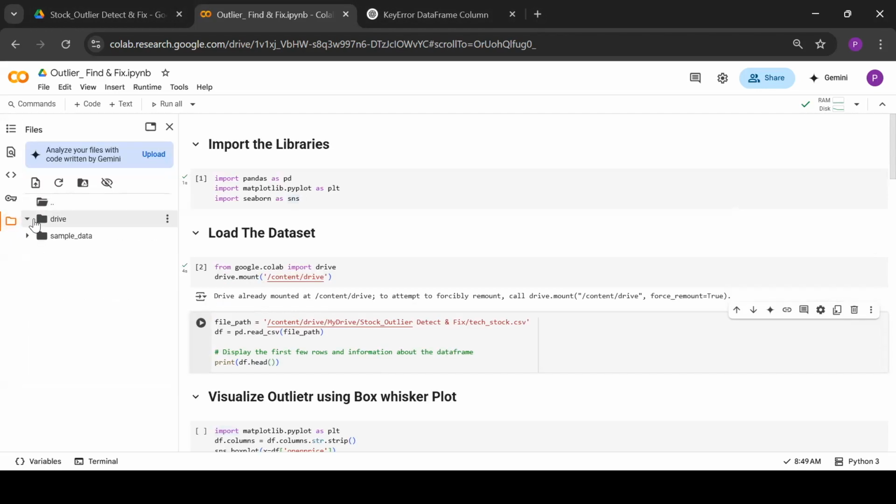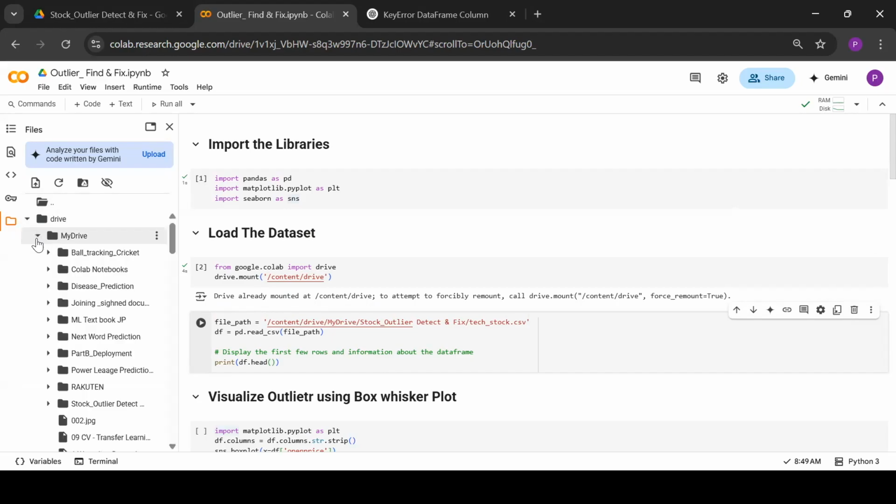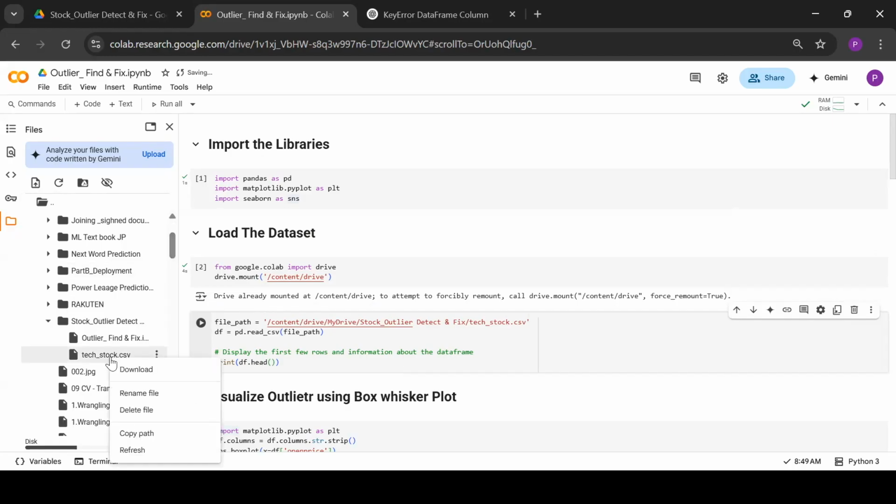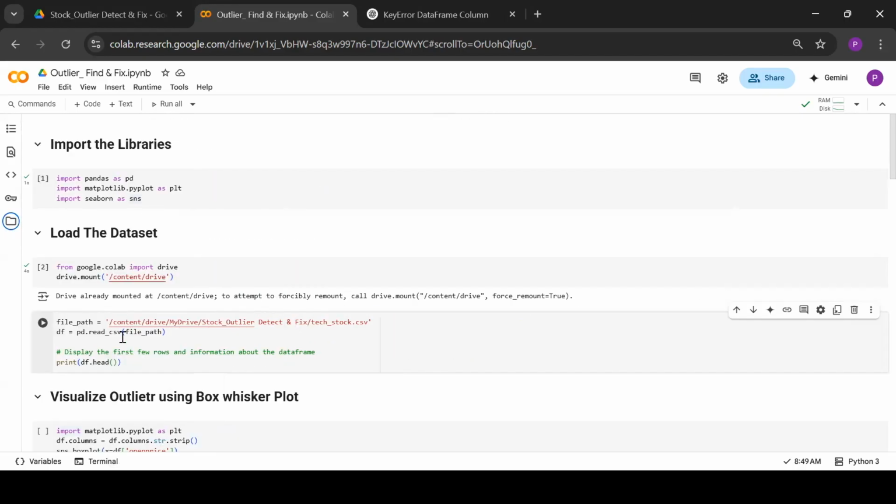In drive, go to My Drive. On My Drive, there is a folder called stock outlier detection. Within the stock outlier detection folder, my file called tech_stock CSV is available. You can just click on copy path and paste it here. That will be your file path. And I'm passing